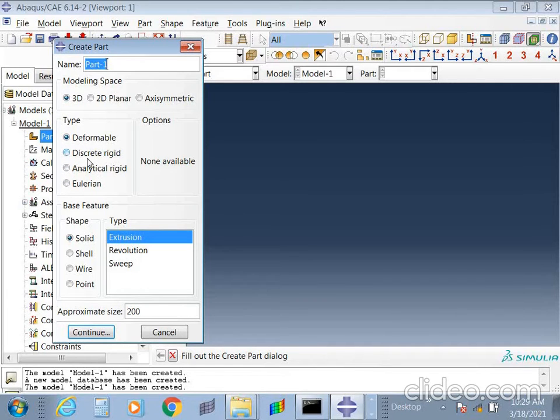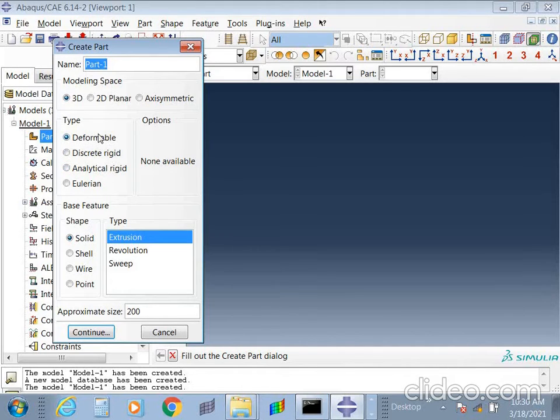For that, discretized rigid, in the sense, it will be having points, and what energy it is absorbing, that energy, if you want, you can use a discretized rigid. Only analytical rigid will behave like a rigid. You will not get any result on that. Only your bottle or your body will be getting the result. Eulerian is nothing but the body follows the Eulerian equations, as you have studied in your M1, M2 I think, Eulerian equations to solve, or Newton-Raphson's method, right? Those mathematical equations will be used to solve the problems. Okay, so that is the method.